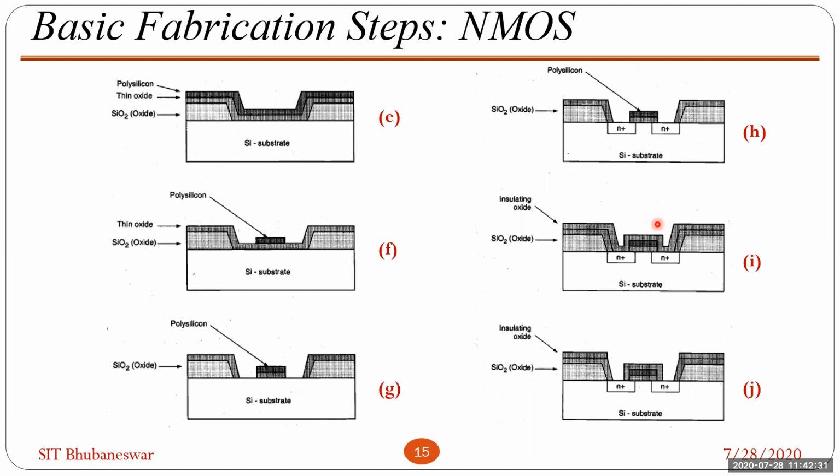You are saying we should put oxide selectively. If we do the oxidation process over the whole area, it will be easy. If we put it selectively, you can etch selectively and remove it, but it is easy to put it all over the surface. It's very easy for the oxidation process.